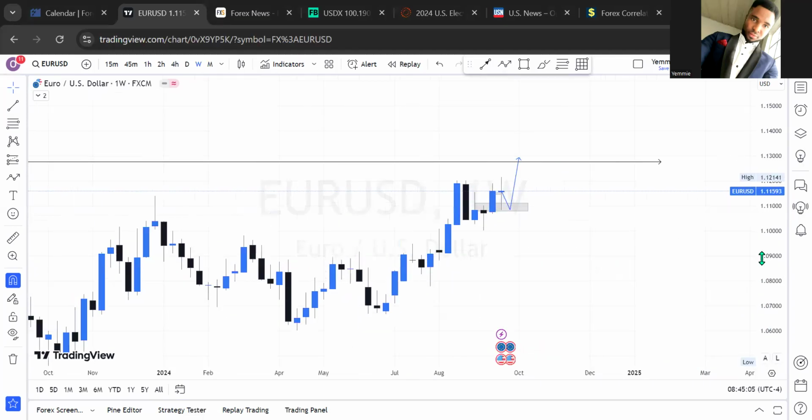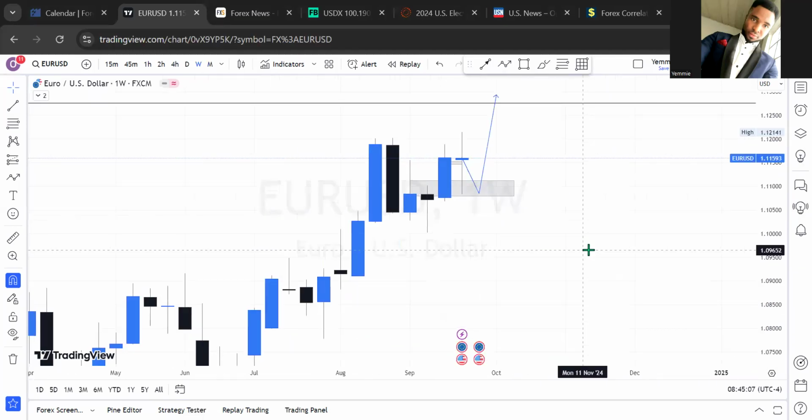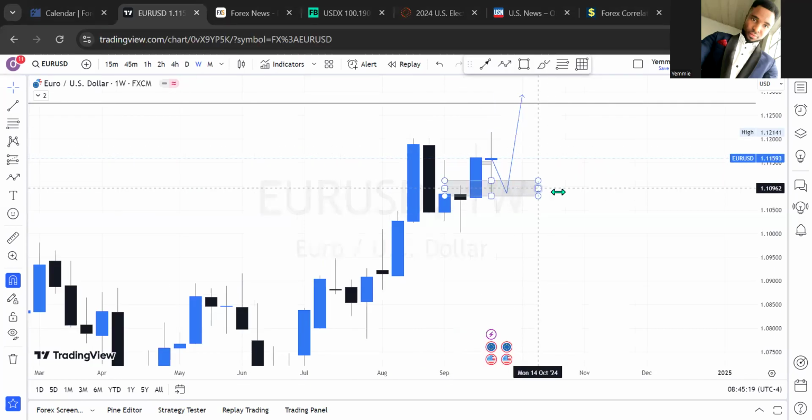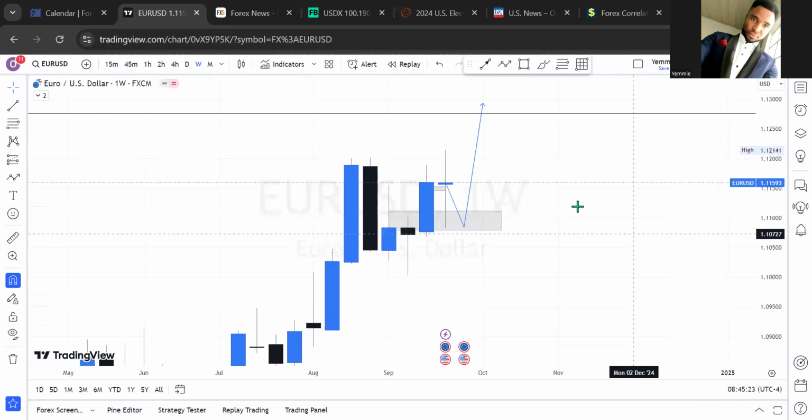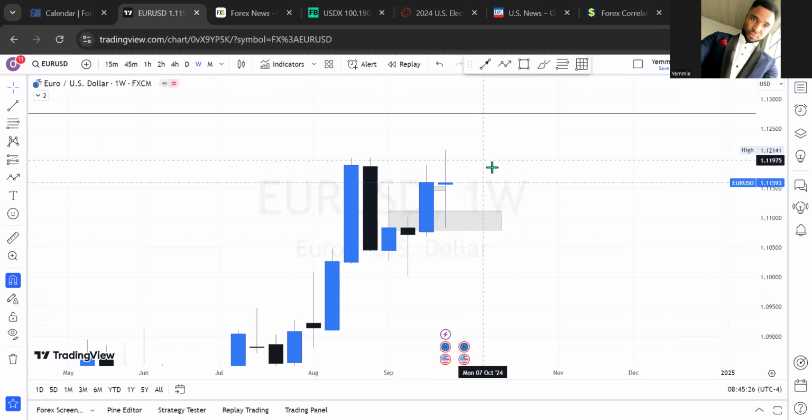On the weekly time frame for Euro US dollar, we've seen that last week ended as a doji candle, so to say. It was a big tussle between the buyers and the sellers in the market. However, this ended as a little bit of bullish momentum in the market, and this will not trap us into this week's losses and drawdown. What I'm anticipating in this regard is quite simple. I'll be expecting a bit of sell back into a range like this before there will be a buy. So this is a weekly outlook.